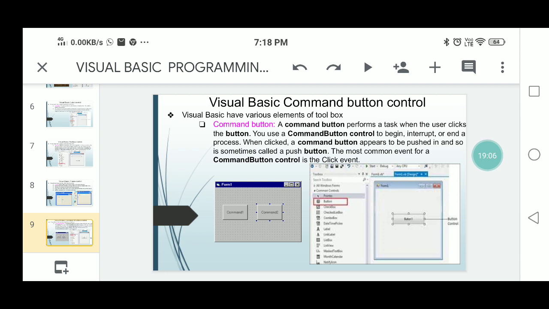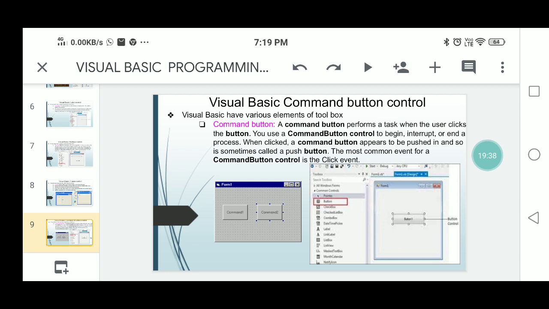You can start the process, you can interrupt the process, and you can end the process. That means you use command buttons by clicking them, and they display options such as start, end, exit, sum, average, price, quantity, like that. So you create the command buttons.